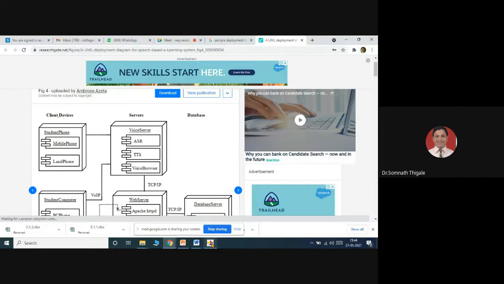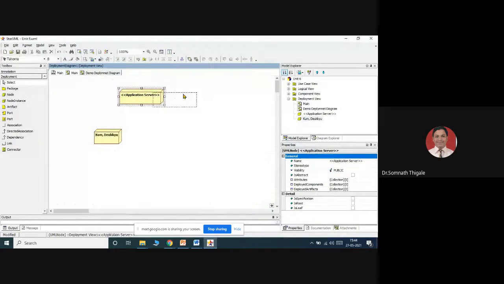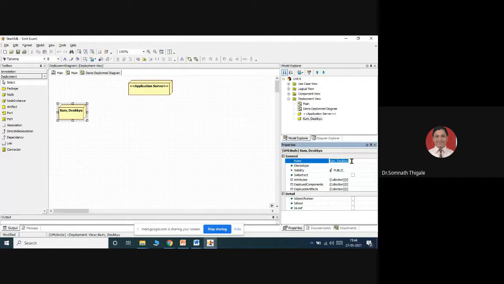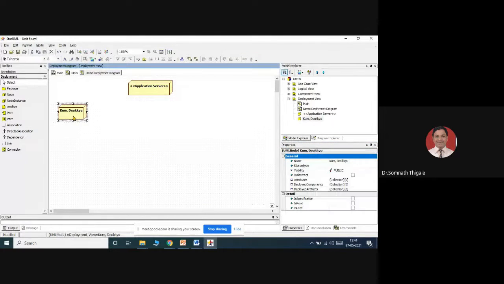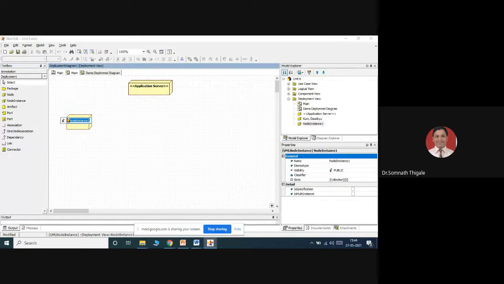So we will add client devices accordingly. Forget this as part of the application server. We will simply call this client devices. I can make this in this style, or I can represent it as a node instance. So the node instance, I can say, is client device.